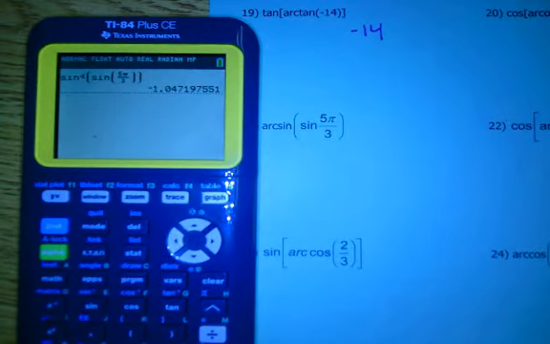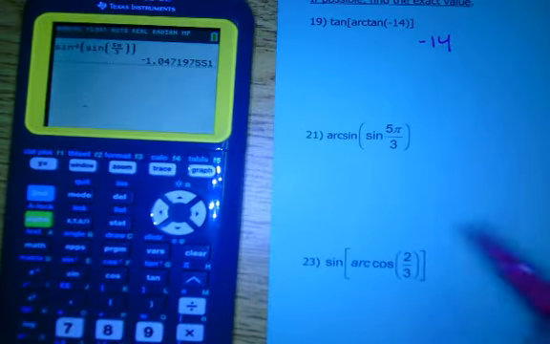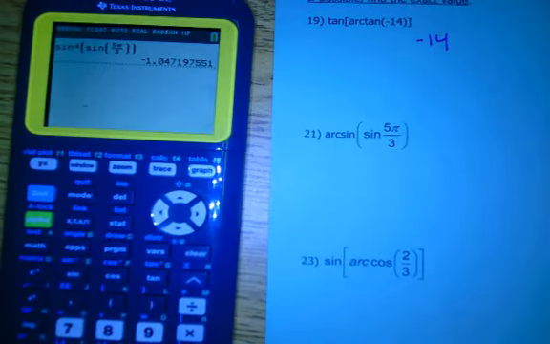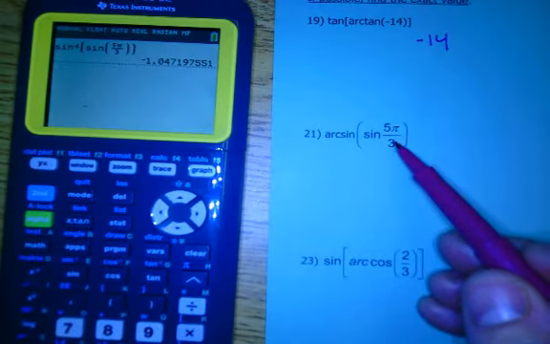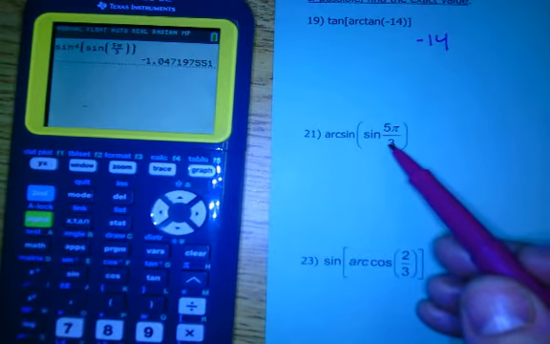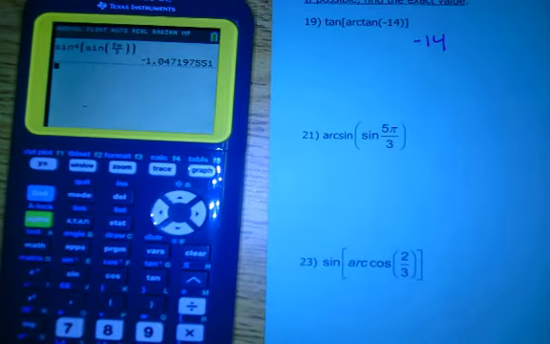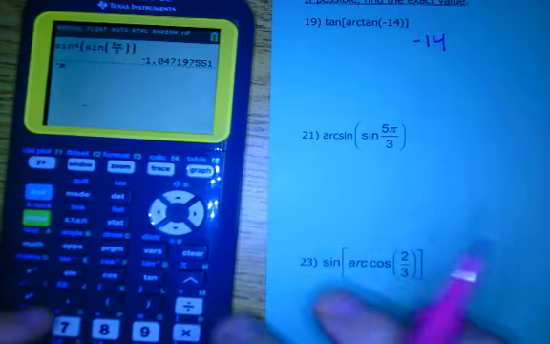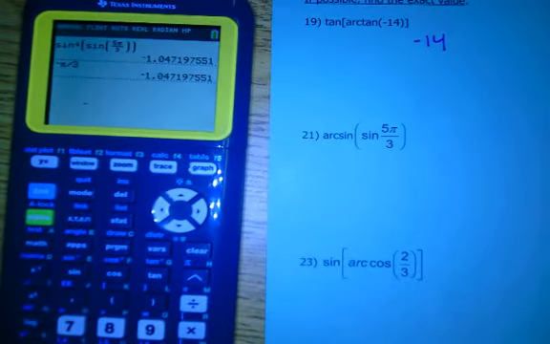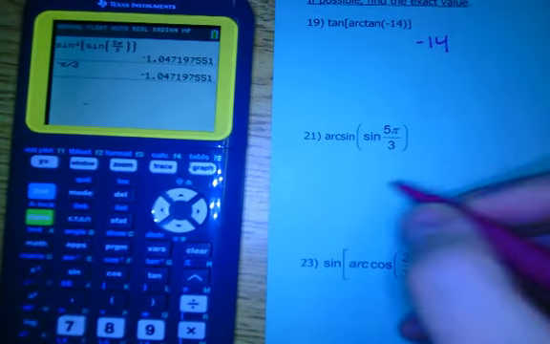You have a calculator here, so you can. Okay, so why is this not spitting out a 5 pi over 3? Because 5 pi over 3 goes through the third quadrant, so it actually takes this and spits out the negative value of it. So what's the negative value of 5 pi over 3? Do you think this is equal to negative pi over 3? So the answer is